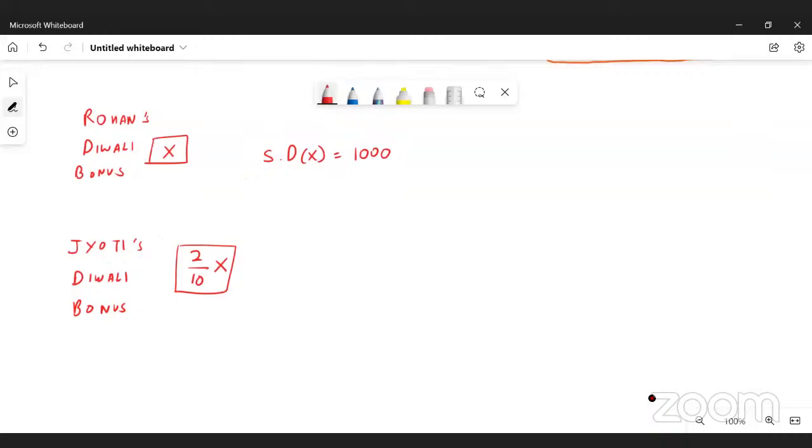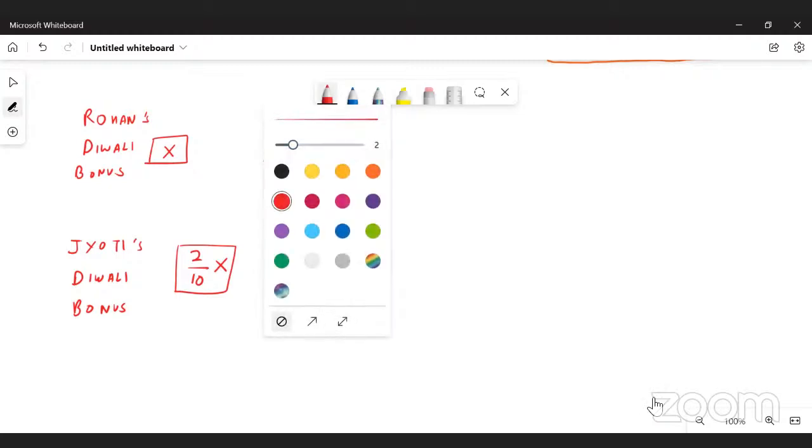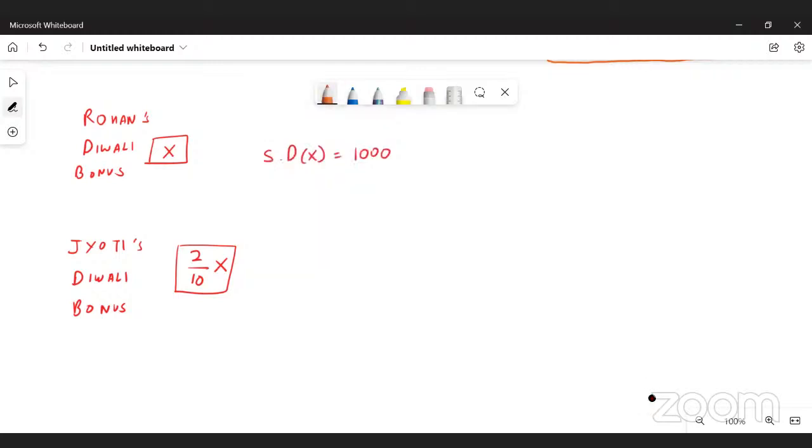Okay, so how did you approach this one? How did you start it? Sir, it took me some time, but what I did is: standard deviation of x is 1,000. So I took 0.2 times x and took the 0.2 out. For standard deviation it's not squared, the constant just comes out. So I multiplied 1,000 by 0.2. It took me some time, so I just want to know whether we should approach it this way, or sometimes through variance. It's all about timing, sir, that's why I'm asking you.